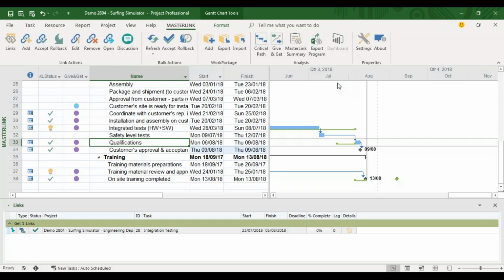It changed my plan, and this gives me an opportunity to look at my work plan and see whether the change that happened is something that is acceptable, something that I can maintain and continue with my new work plan as it is. In this case, it moves my customer approval milestone, and this is something that I don't feel comfortable approving. So I will go ahead and roll back, and rolling back will maintain the situation where